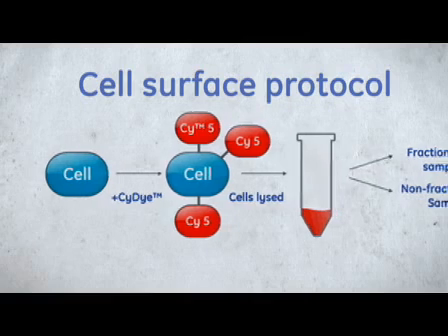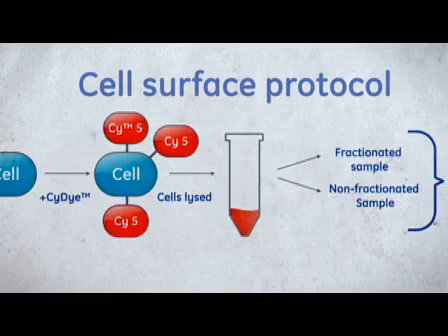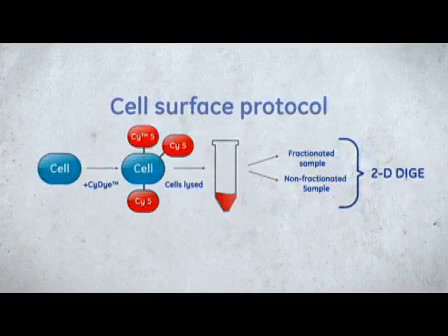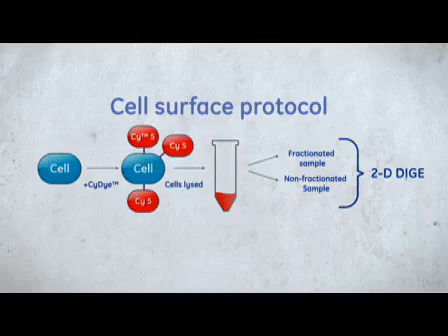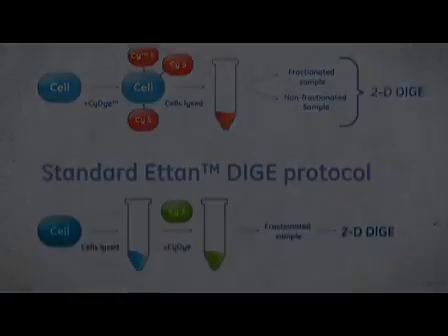To verify cell surface specific labeling, the labeled sample was fractionated into membrane and cytosolic proteins. A non-fractionated sample was prepared in parallel for comparison. This fractionation analysis is not necessary, but was done here just to show that the cell surface protocol is specific for cell surface proteins. We also performed the standard Ettan